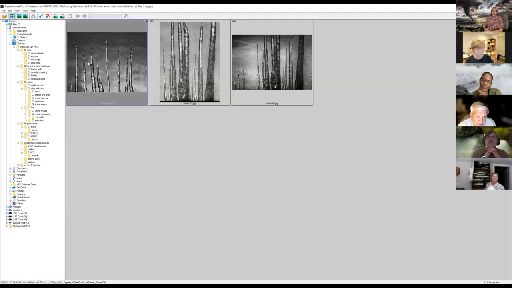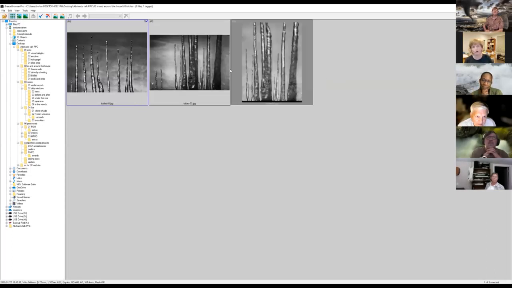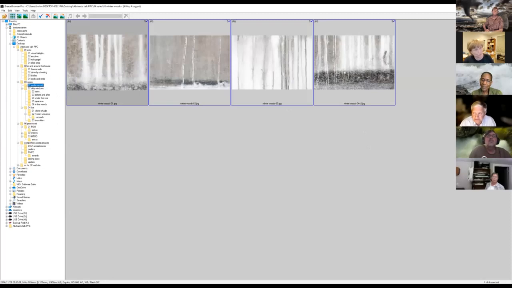These 3 images, these 2 are too similar. One's a vertical, one's a horizontal. These 2 work, but finding a third, I didn't really find a third, so this didn't work out as a series for me. But I was saying, the nice thing about Winter Woods is you've got that similarity between the lines and the color palette and then the theme that pulls them together, but they're all